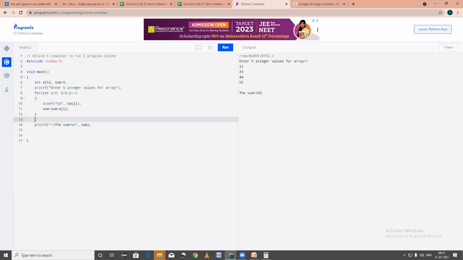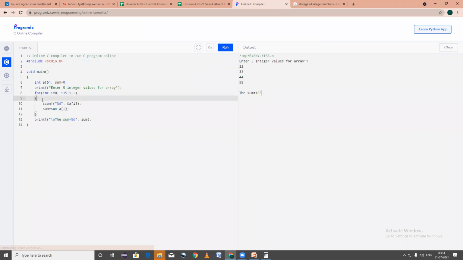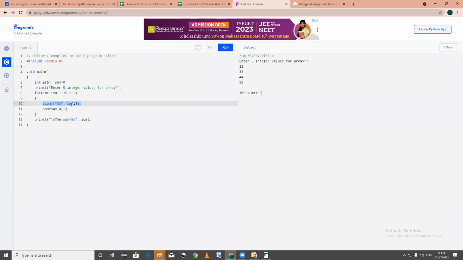Is everyone looking here at the screen? Yes, sir. Just check now. Here, I is initialized to 0. The condition is I strictly less than 5. The value of I is 0, and 0 is less than 5, so the condition is true. It goes into the for loop and encounters scanf. Now, at this location, I'm going to store 11.